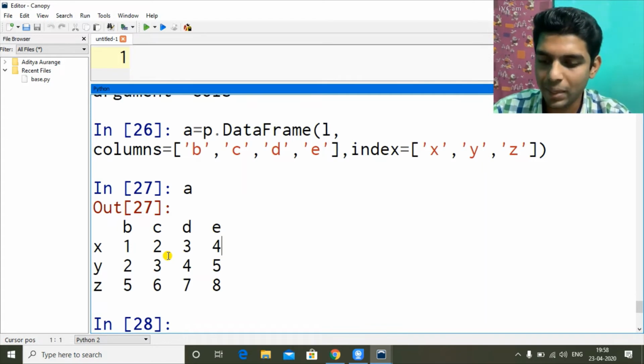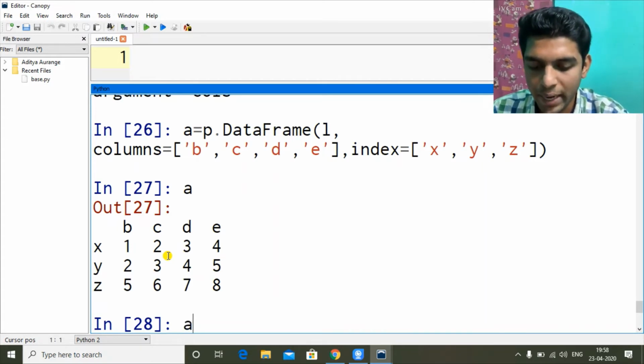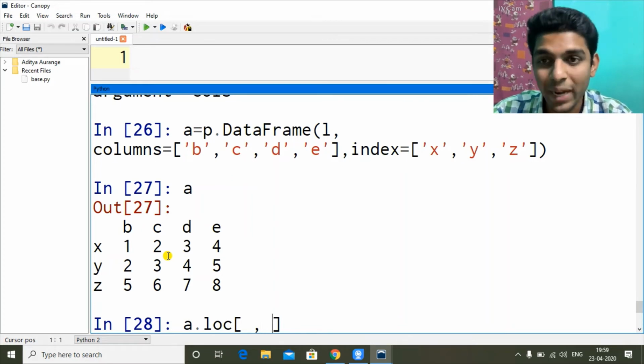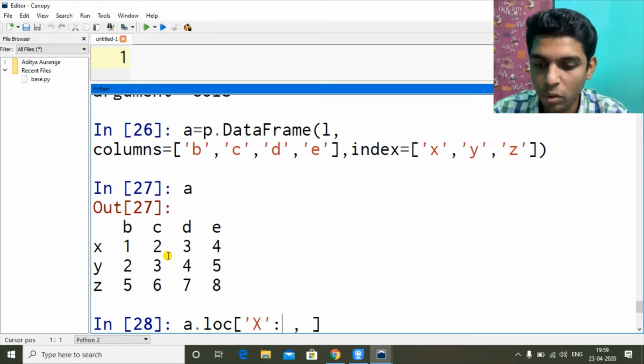So A dot LOC, square brackets, and then we have two parts, row and column. So index and column part. For the index, let's say I want to start with X and I want till Y only. Y also I want.